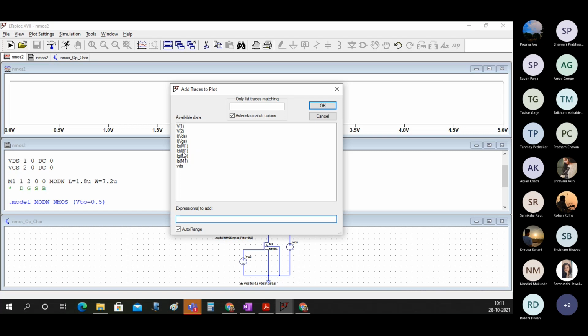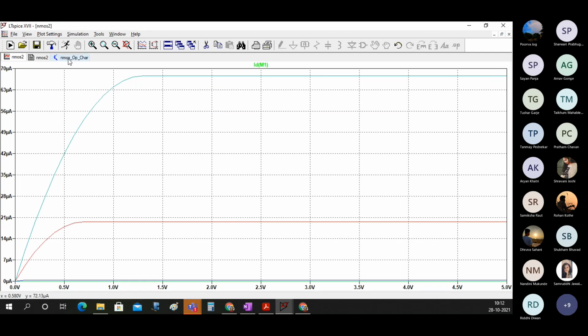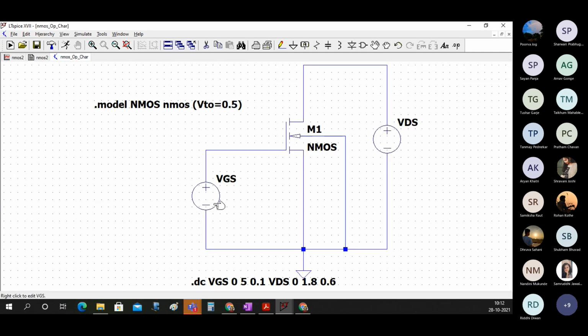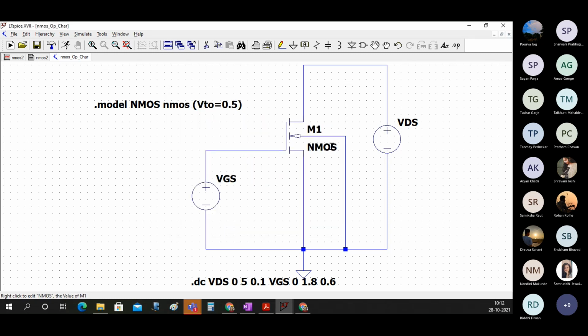is the output characteristics. And the similar thing if we do with this thing. So now if we are here, if we write VDS and the second source we will write VGS.